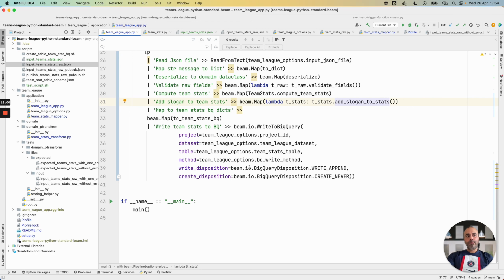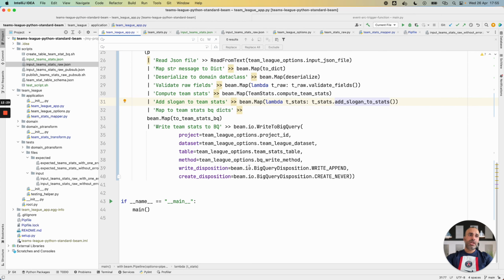At the end, I want to write my PCollection to a BigQuery table. In Java, I have a structure called a table row. With Python, I have the same structure, but Apache Beam Python allows us to write a PCollection of dict directly in BigQuery.